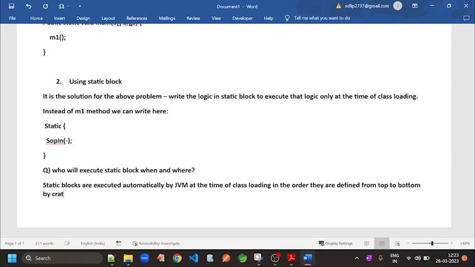by creating a separate stack frame in the main thread. Okay, in the Java stack area. Okay,